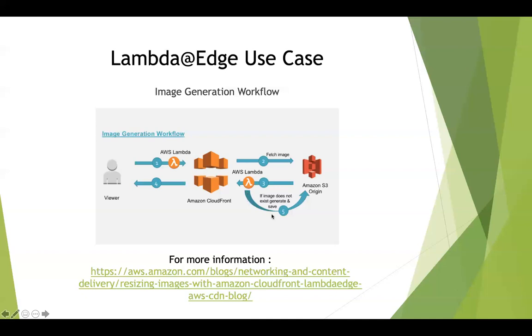So this Lambda function goes ahead and checks with S3, takes the image, and generates the image based on the dimension that is present from the user, whether he's accessing it from a mobile or from a desktop, and then caches the content in CloudFront and sends it back to the viewer. So if for the second time that user accesses that same application and the same image, this first Lambda is checked automatically for whether he is accessing it from a mobile or from a desktop. And then based on that URI, it's going to check whether the image is already cached. The first time it was already cached. So from the second time onwards, you're going to directly get the response from the cached location itself. This function need not even run.